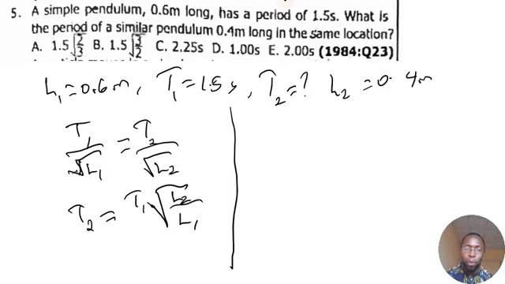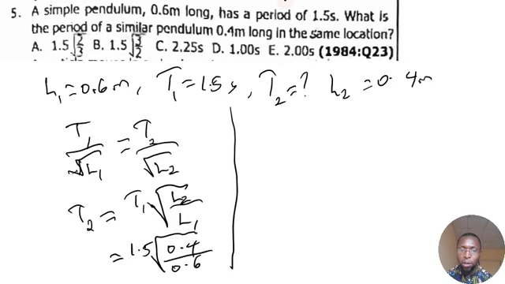Okay, so from here, substituting the values, our T1 is 1.5, L2 is 0.4, and L1 is 0.6. So T2 will now be equal to 1.5 times the square root